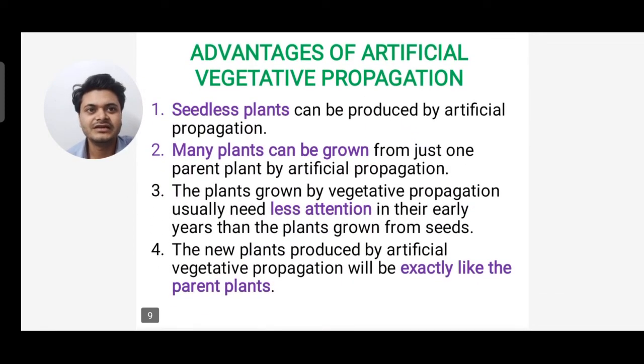Now you can see the advantages of artificial vegetative propagation. One is seedless plants: seedless plants can be produced by artificial propagation. Next, many plants can be grown from just one parent plant by artificial propagation. Third, the plants grown by vegetative propagation usually need less attention in their early years than the plants grown